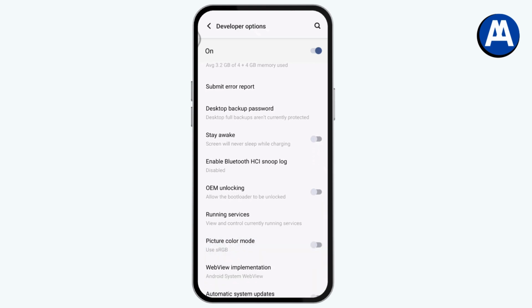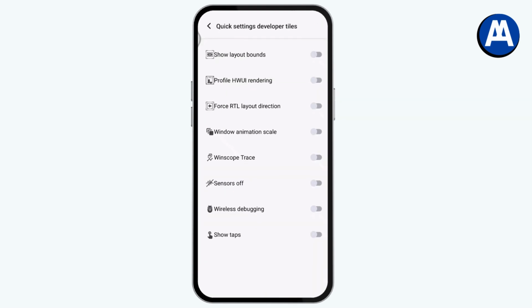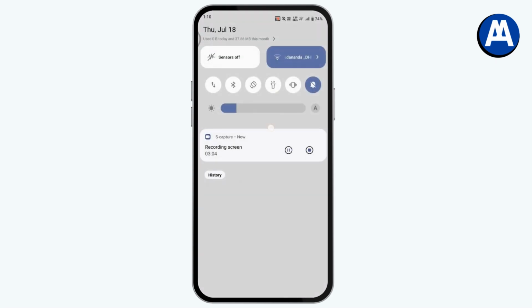So under these options, you need to find quick settings developer tiles. So here you will have the option. Tap on the option, and once you tap on it, here you will have sensors off option, right? So tap on the sensors off option. Once you tap on sensors off, once you turn it on, now go for the upper side, and here you will